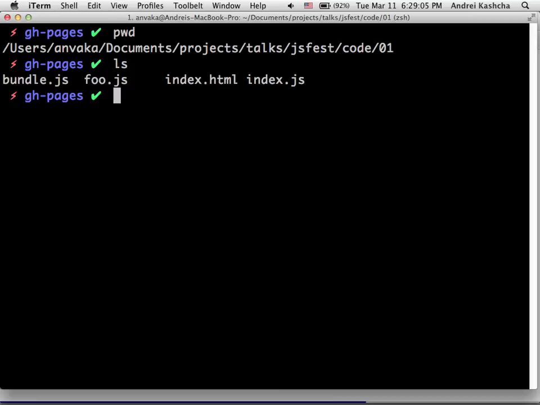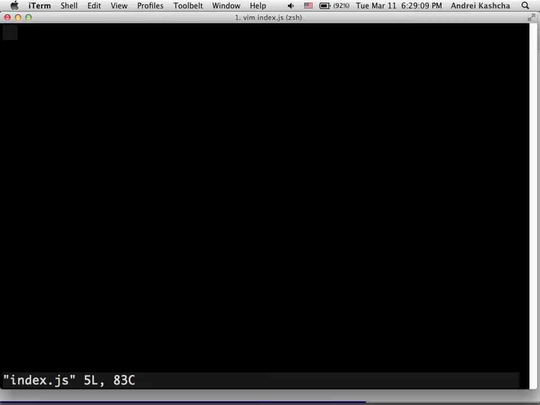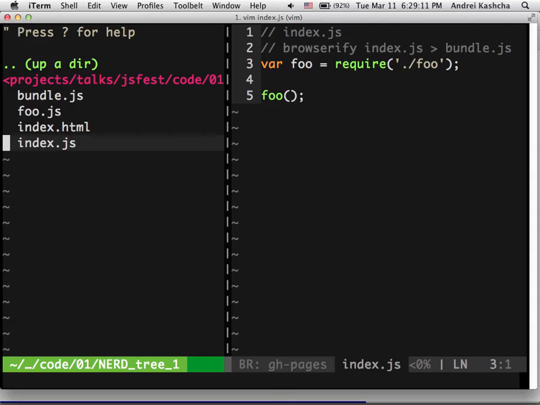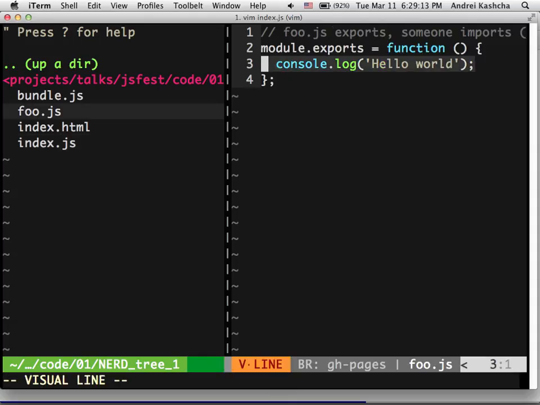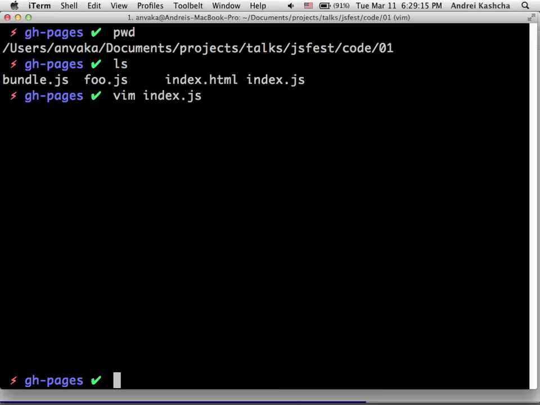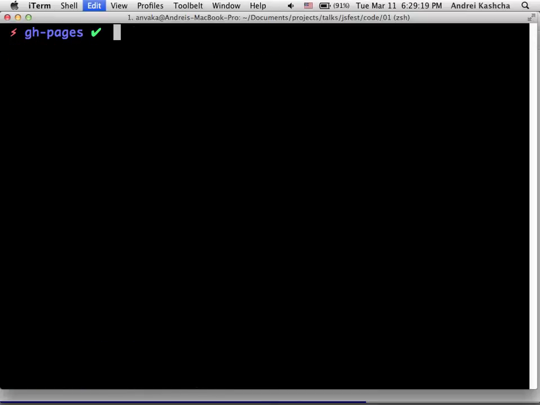So in this folder, we have index.js and food.js. Index.js requires food.js, and food.js just prints hello world to the console. So if you run this in Node, no surprises, hello world. Now, if you browserify this file,